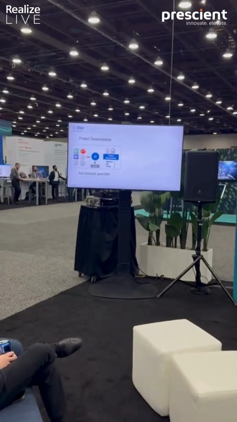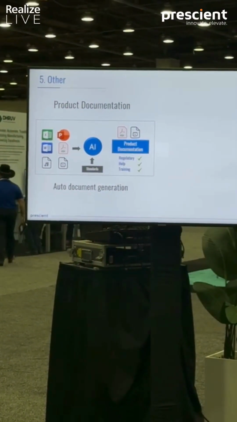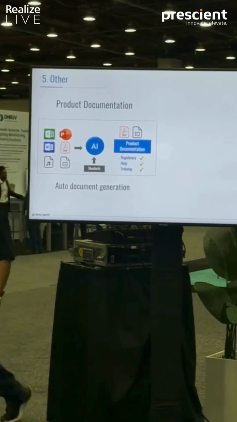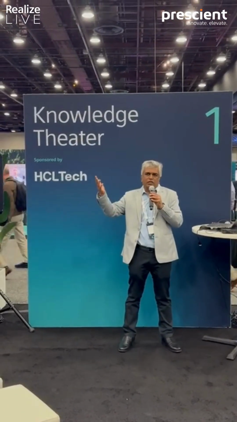Then another area where people are asking us is, can you produce the documentation? This is something nobody likes to do, but it's part of the job. You already have lots of digital assets: your own Excel sheets, documents, source code, models. Can we extract that information, create RAG systems around it, and generate the documentation the way you want? So these are the use cases that are coming up a lot.